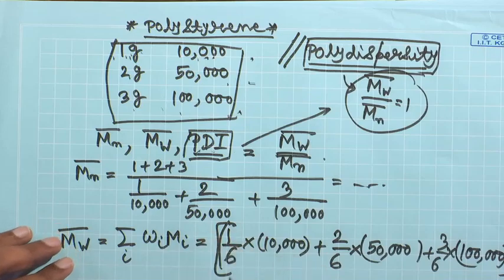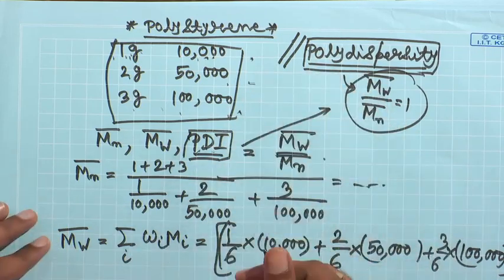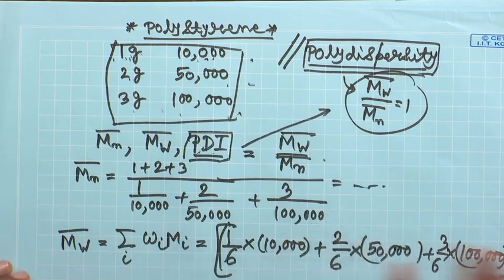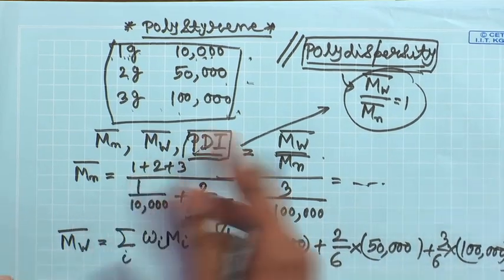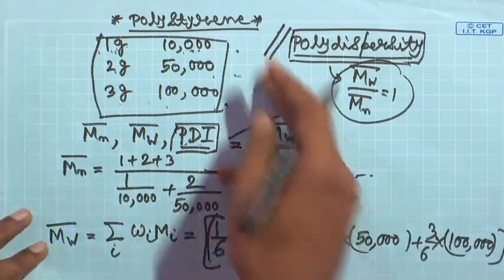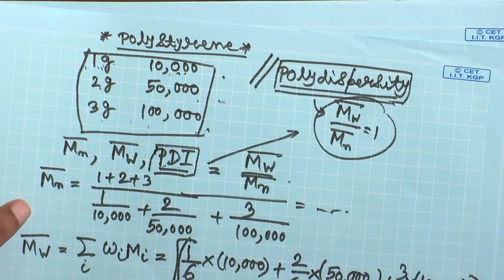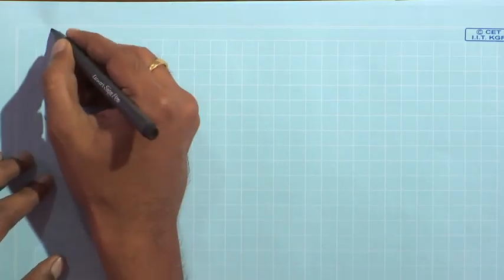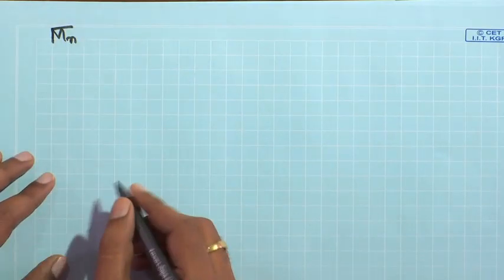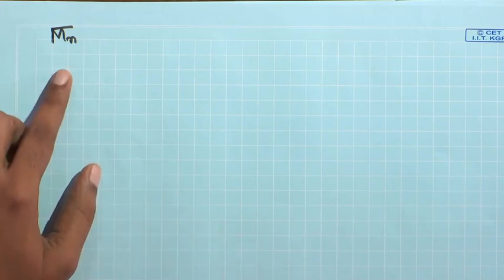So, I have given you the expressions of number average molecular weight and weight average molecular weight, and worked out a problem which gives you an understanding of how things work, and how you solve these kinds of problems. Now it is time to conclude this class. Before concluding, I will give you a prelude of what is going to come in the next class. In the next class, I will talk about how you can determine Mn, the number average molecular weight,